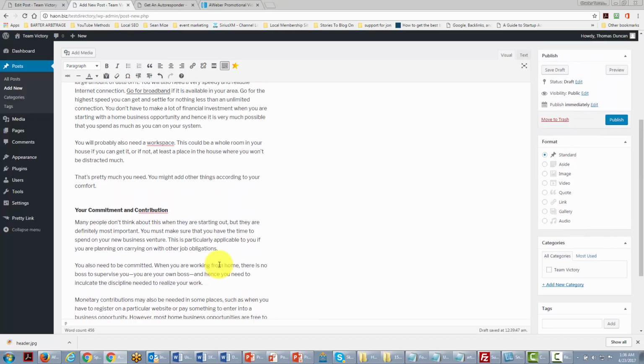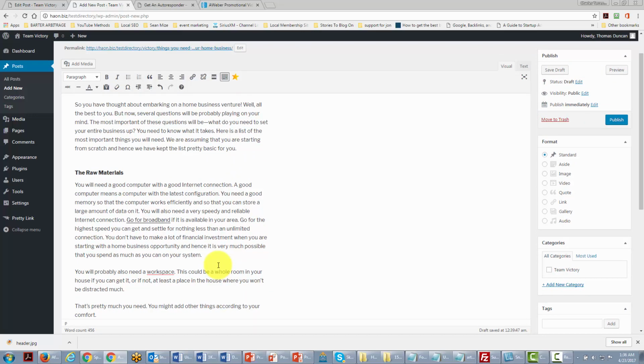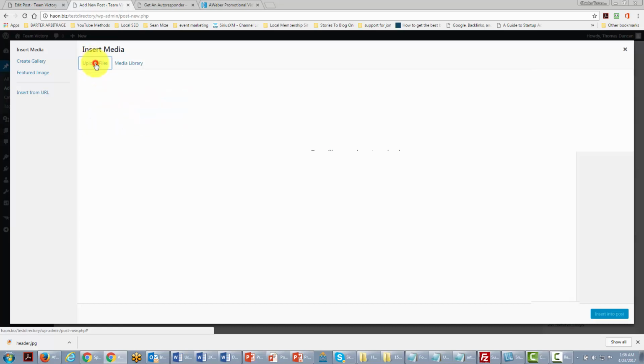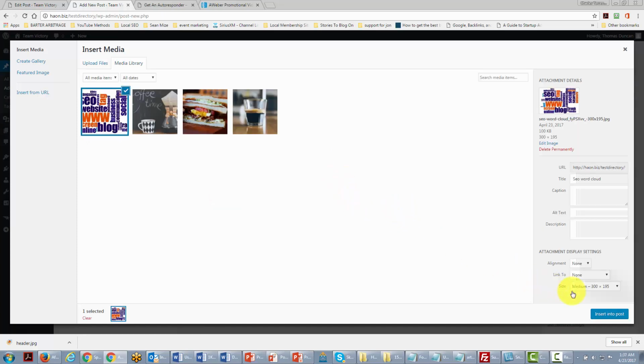Now, one other important thing that we can do with this content is that we can actually place an image inside of the text. And we can do that by placing the cursor where we want the image to be. And then we can click Add Media because we're literally going to insert an image. Now, if we didn't have the image that we wanted to insert, we would click Upload Files. Okay, once we have the file on our hard drive,